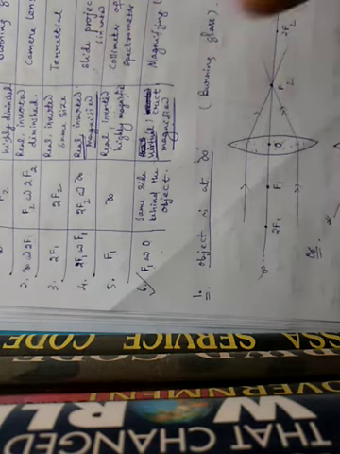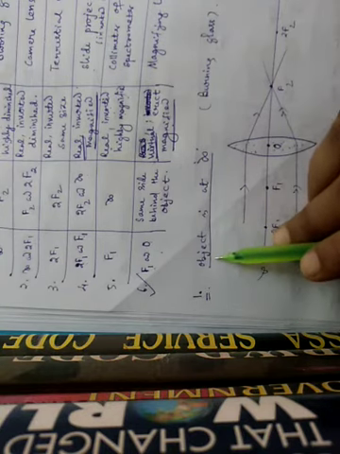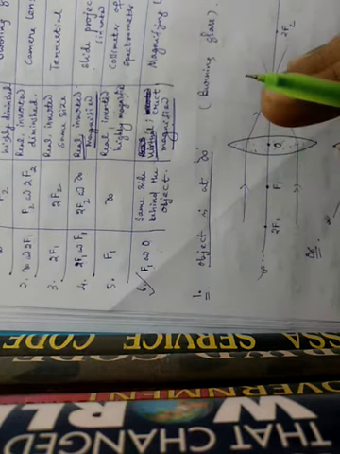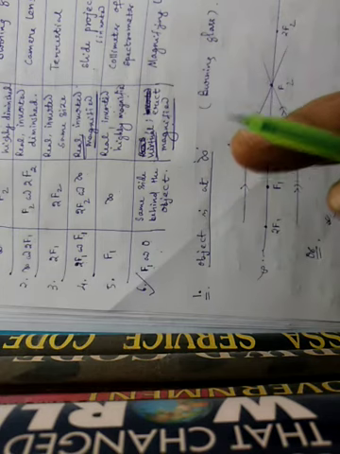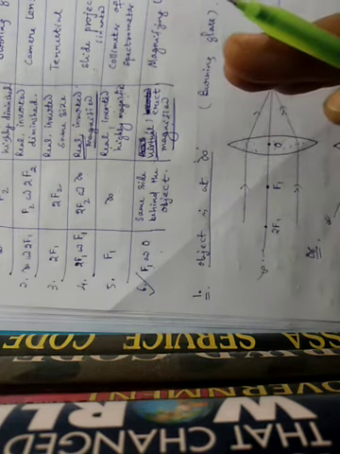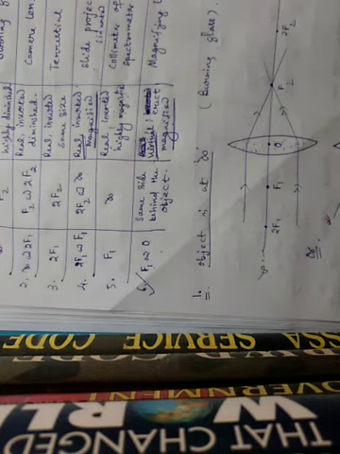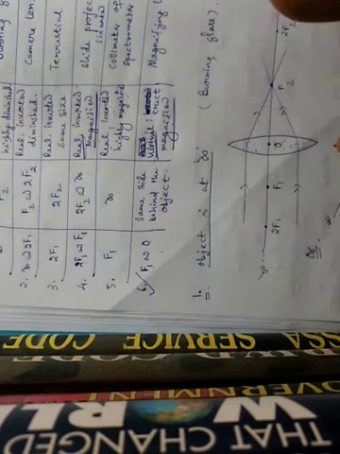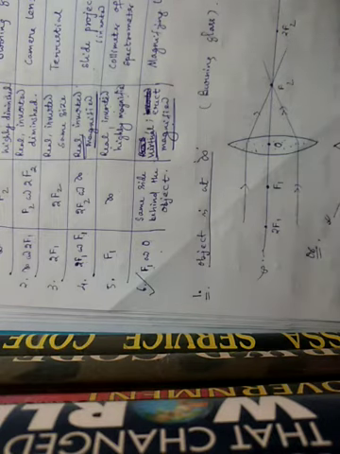Then we will start from our first diagram. Number 1. In the previous table we have remembered that before drawing the diagram, first you keep all the table formalities, object position, image position, and nature of the image in your memory. If it is good in your memory, then your diagram will be very perfect without any calculation. And some tricky points are also there. You just follow how we will draw the ray diagram.